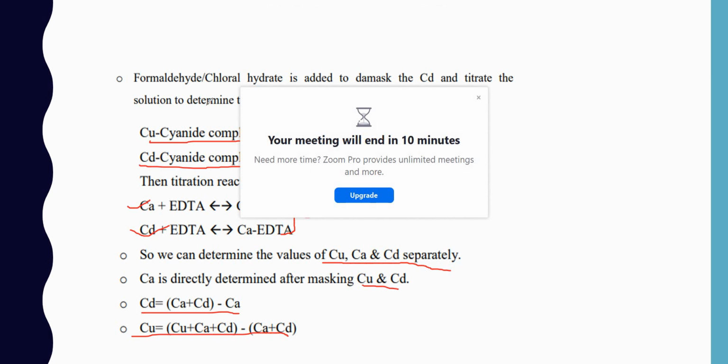Now from B and C I will unmask one metal ion, for example metal ion B, and again I will estimate A and B. So I have three values now: total A plus B plus C, only A, and A plus B. After doing the mathematical equations I can find the value of C. Because we have the value of A plus B plus C, and if we know A plus B, then we can find C, and only A we also know, so we can cross check our answers. Is this fine for everyone?